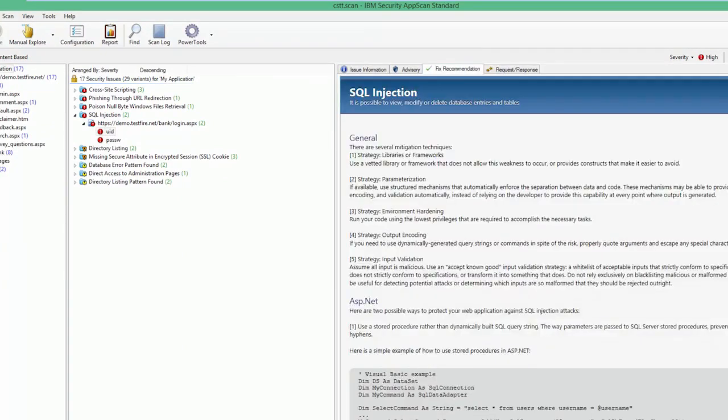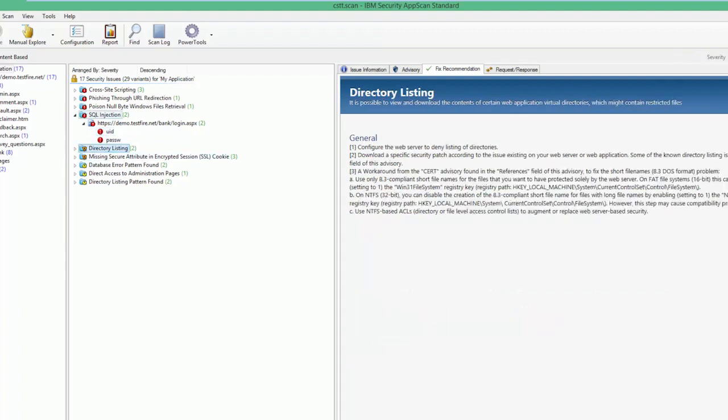You get the fix recommendation similar to cross-site scripting. Here it's going to give you examples on how to fix a SQL injection. It is exactly the same output as WebInspect and other tools. Okay, and you can go to all those different ones. You can see that the red ones are high, then the mediums are orange, and the low, I think those are low,